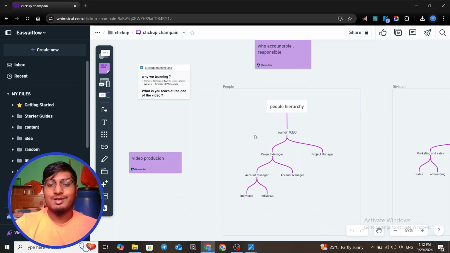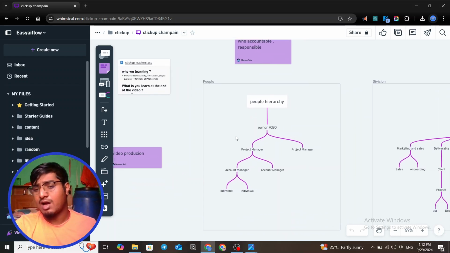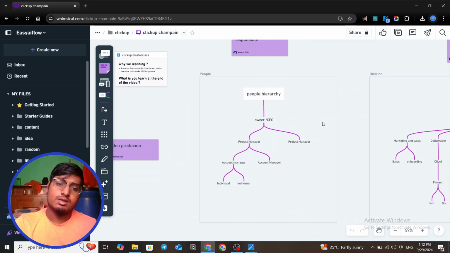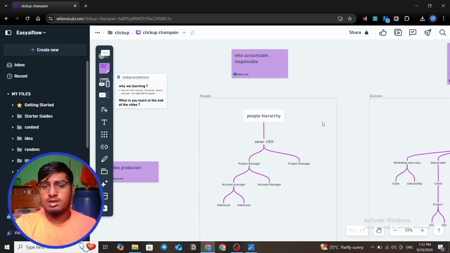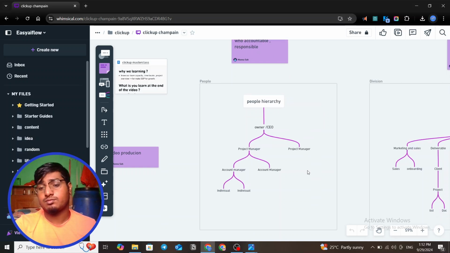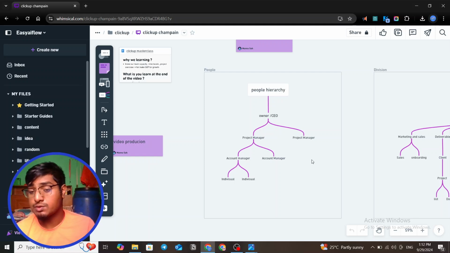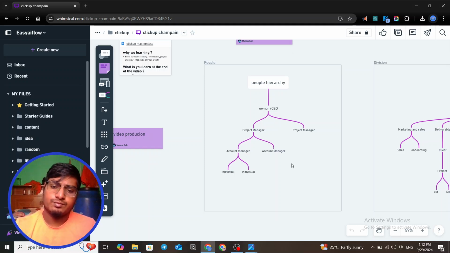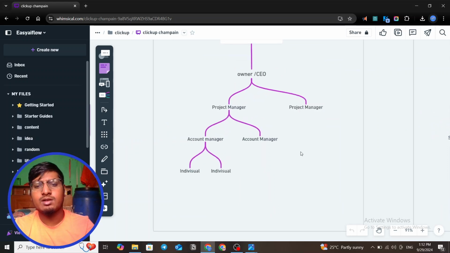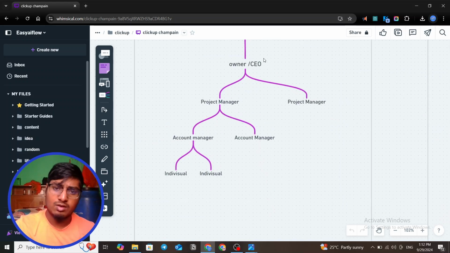Now let's talk about the hierarchy. What does hierarchy mean? Hierarchy means who is accountable and who is responsible. Who has the authority, who has the power to do this, and who is responsible? If anything is screwed up, who is reporting that? That should be clear. So basically hierarchy is divided in this way, where there is a CEO or owner who governs